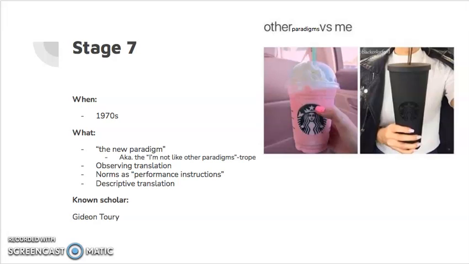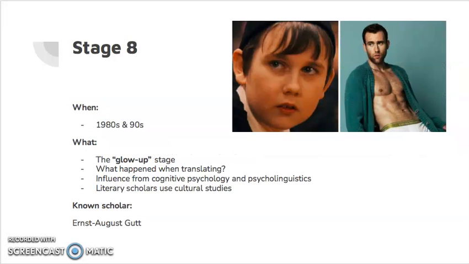This was called descriptive translation studies, and would specify what was tolerated and what was not permitted when translating. Finally, Stage 8. This final stage may have a long history, but it only became visible during the 80s and 90s, when there was a growing interest around what translators were